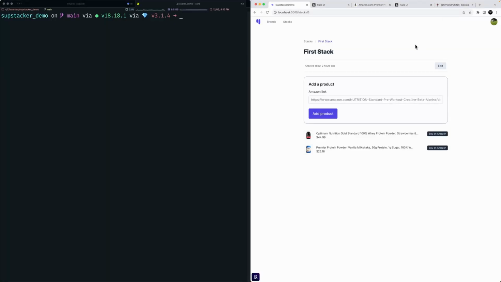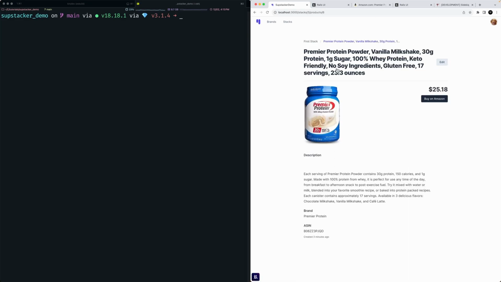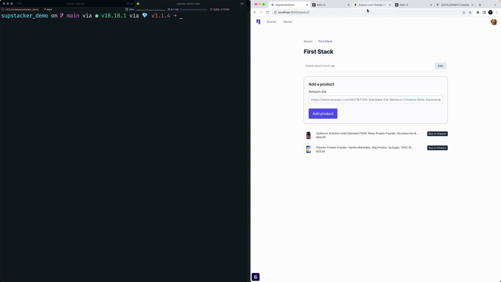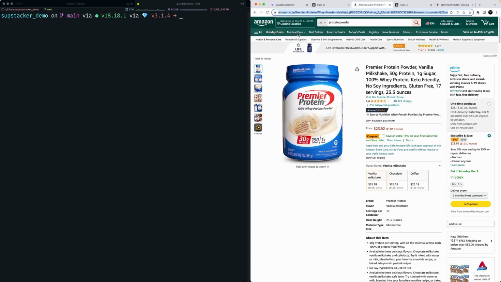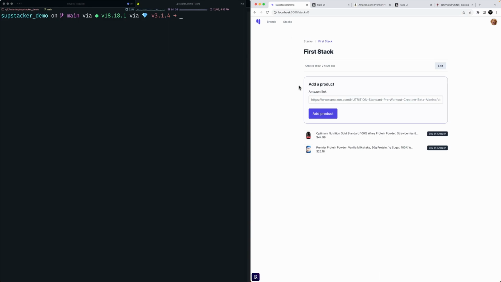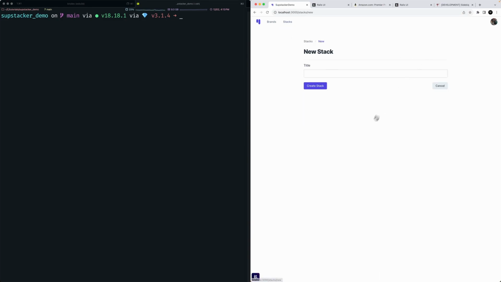All right, we've got our products being added in the background with jobs. Our data is rendering pretty rich and looking pretty good. Automatically going to Amazon, getting that data, saving it to a product, and displaying in a stack that is relative to a given user. So as always, you can create a new stack